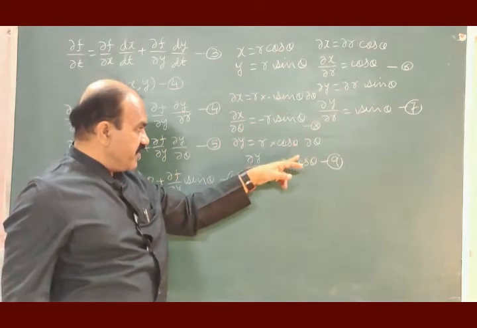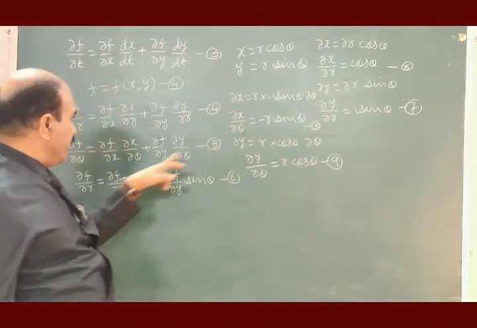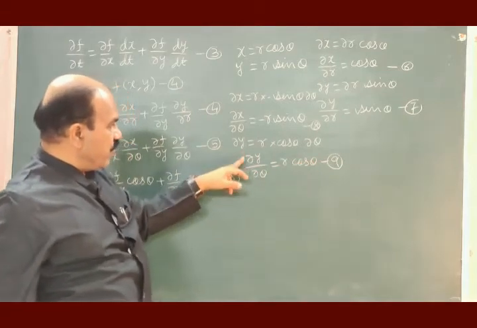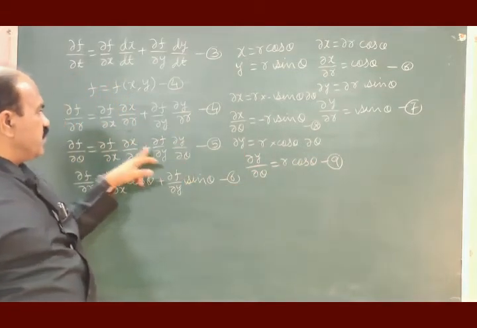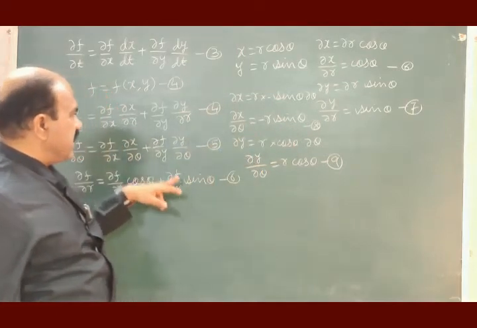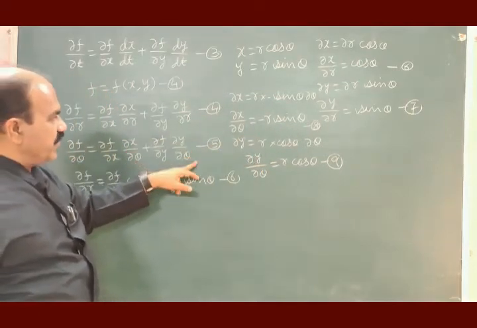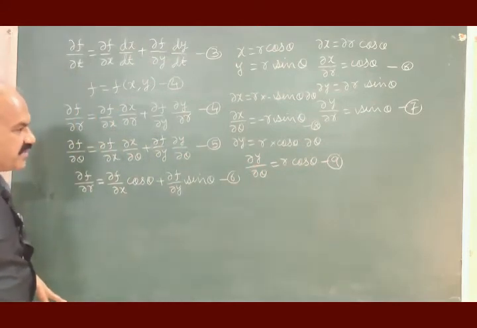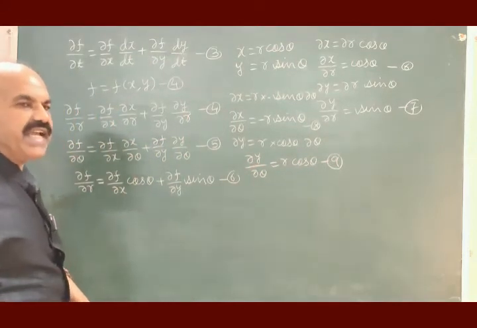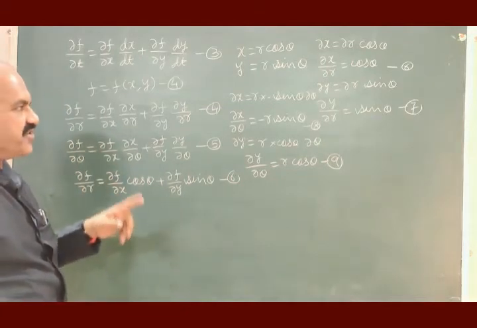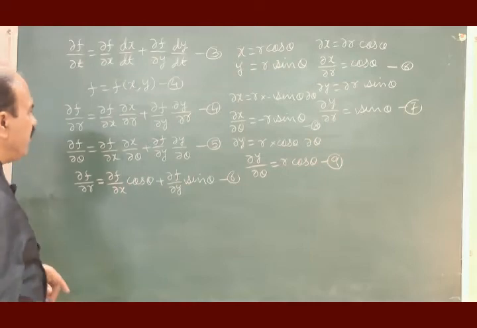Let us substitute equation 8 for dou x by dou theta and equation 9 for dou y by dou theta. So for dou x by dou theta, let us substitute minus r sin theta, and for dou y by dou theta, let us substitute r cos theta. So, substituting equations 8 and 9 in equation 5, we will have